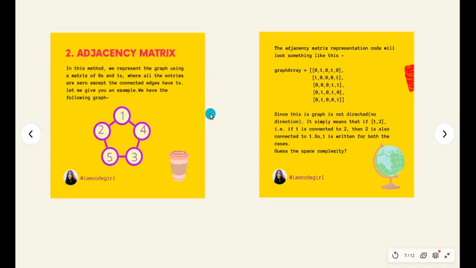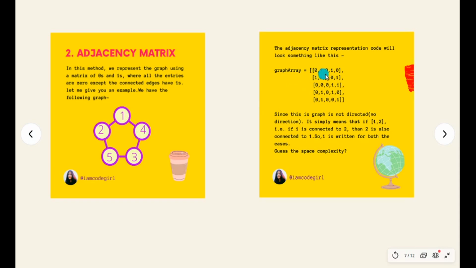So this is adjacency matrix. It is the easiest method of graph representation. It's super easy, but it has a drawback. So let's see. We take the same graph as an example, and in this method we take a matrix of n cross n. Here n is 5, so we take a matrix of 5 cross 5, and for the nodes which are connected, we write 1 in their place.